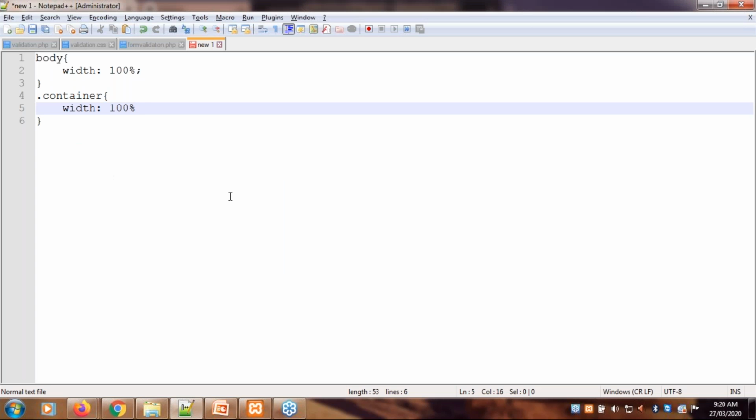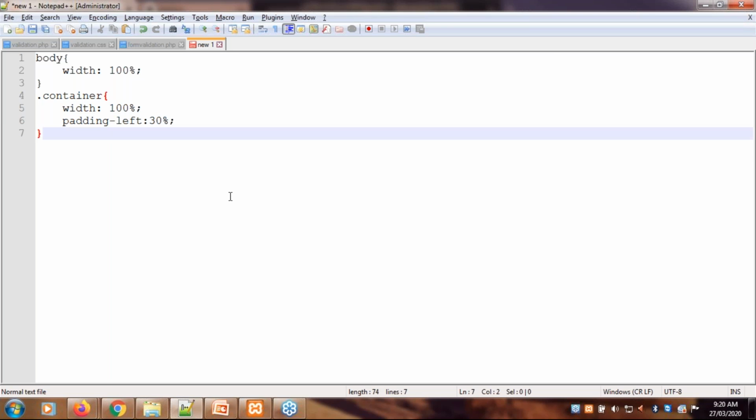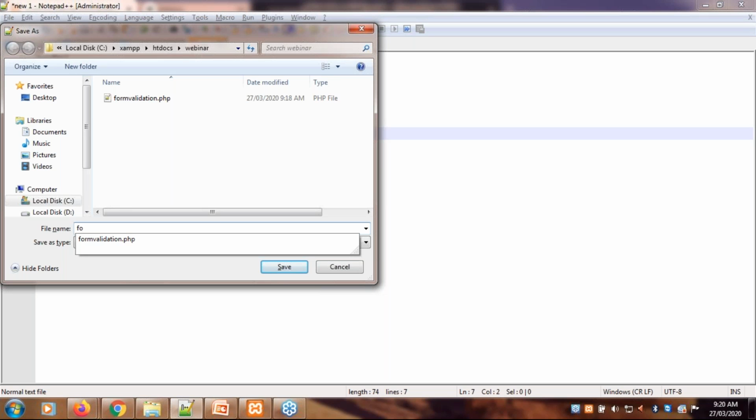So I will use padding left property, and let's say I give 30%. I'll save this file as validation dot css.